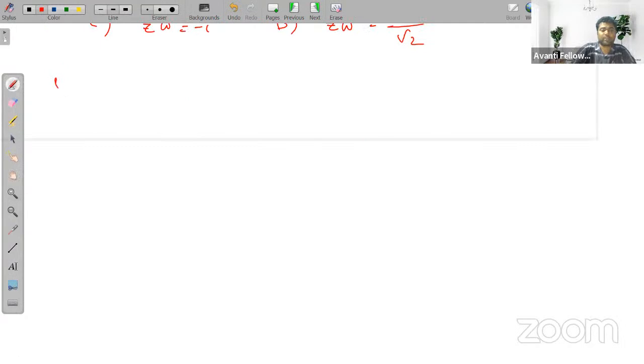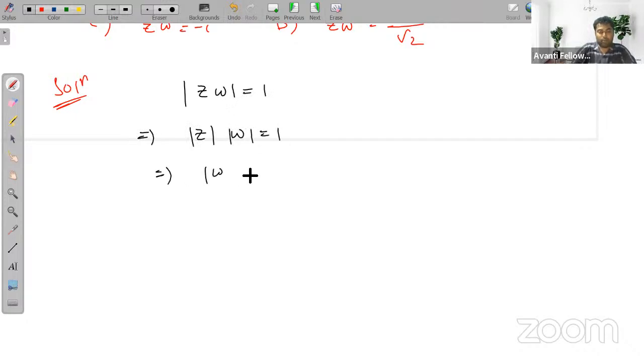It is given that the modulus of z omega is equal to 1. So can I write this as mod z into mod omega is equal to 1? So we can also write mod omega is equal to 1 upon mod z, and also we can write